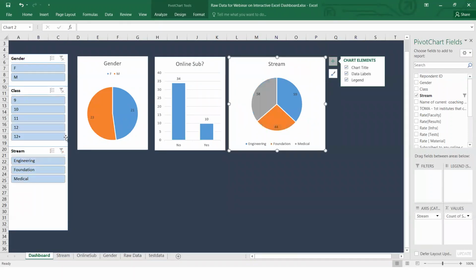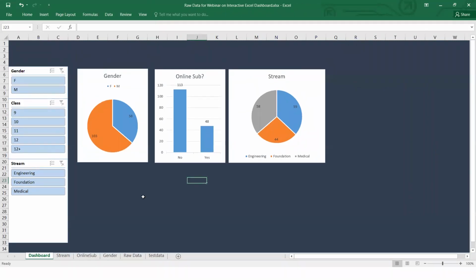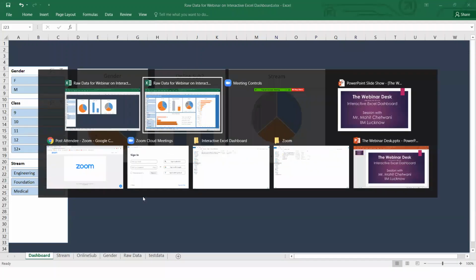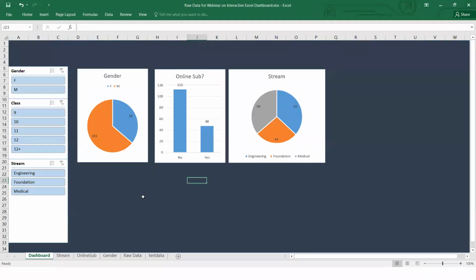So now I have already created 3. So any questions for now? Like, are you able to follow these steps? If at all you have any questions, you can unmute yourself and ask me. If anyone has any question, you can unmute yourself and ask, or write in the chat box. We'll surely answer.